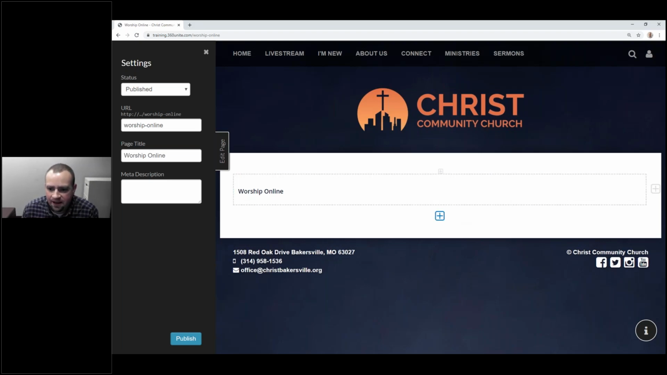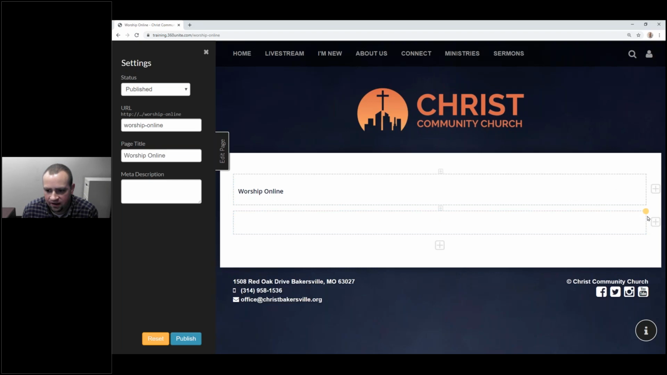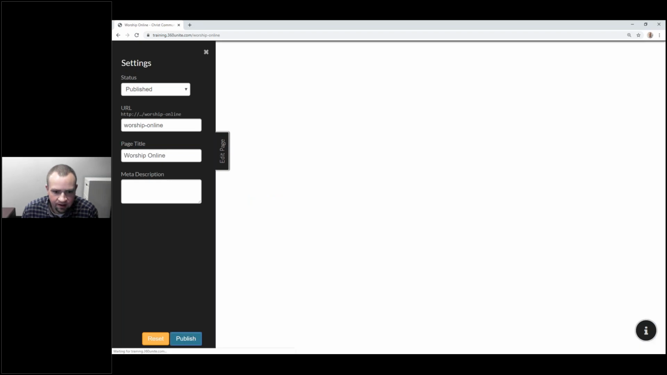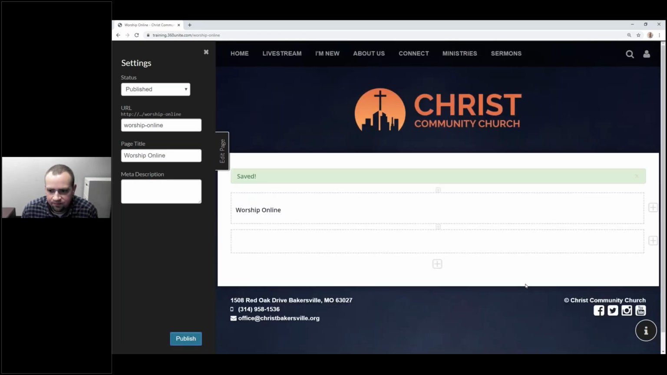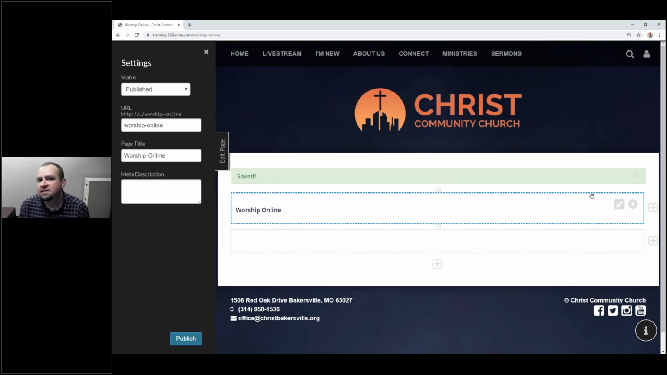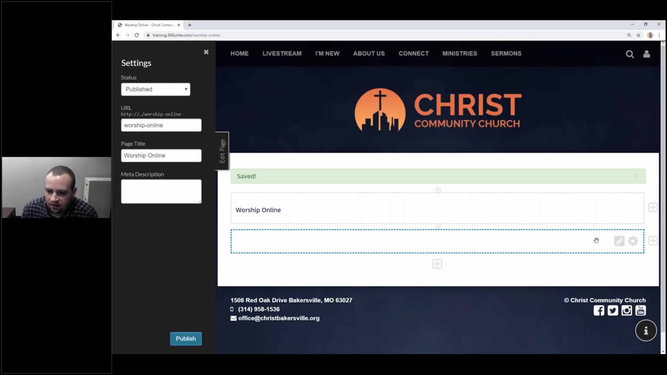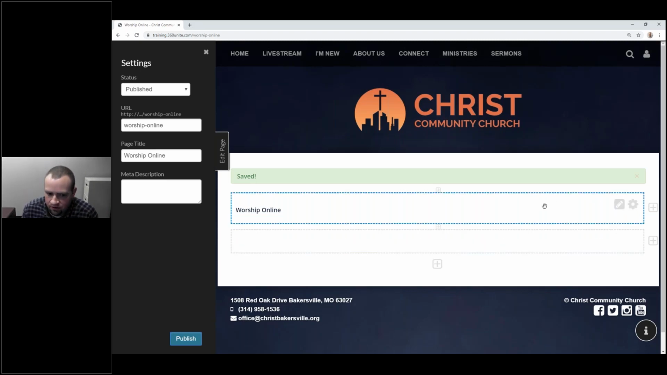So if I add more cells, as soon as I add it, I get the yellow dot on the right, the reset button down here. If I click publish, it'll refresh my screen, reset goes away, the dot goes away, telling me that this is what is live on our site right now. If I go in and click this edit button, you'll see when I hover over this,